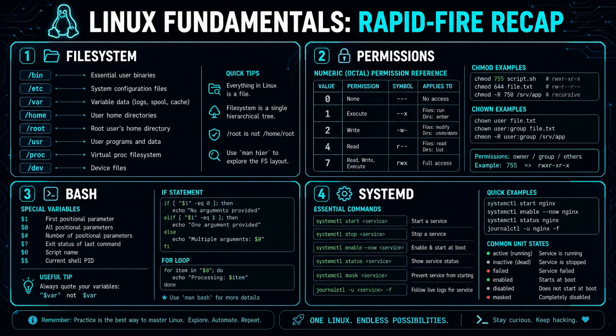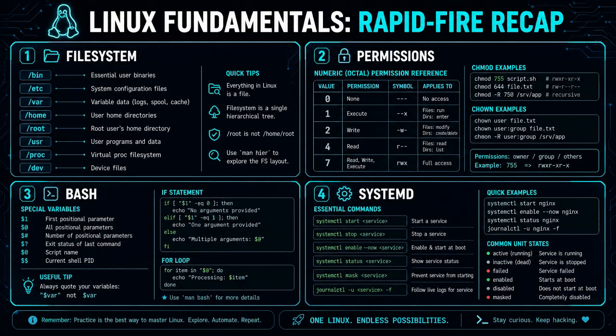Bash, in brief. Every script starts with the shebang, hash, exclamation, /bin/bash. $1 through $9 are positional arguments, $@ is all arguments separately, $# is the argument count, $? is the last exit status, $0 is the script's own name, and $$ is this process's own ID. If, then, elif, else, fi handles conditionals; for, while, and until handle loops; and functions use the word local to